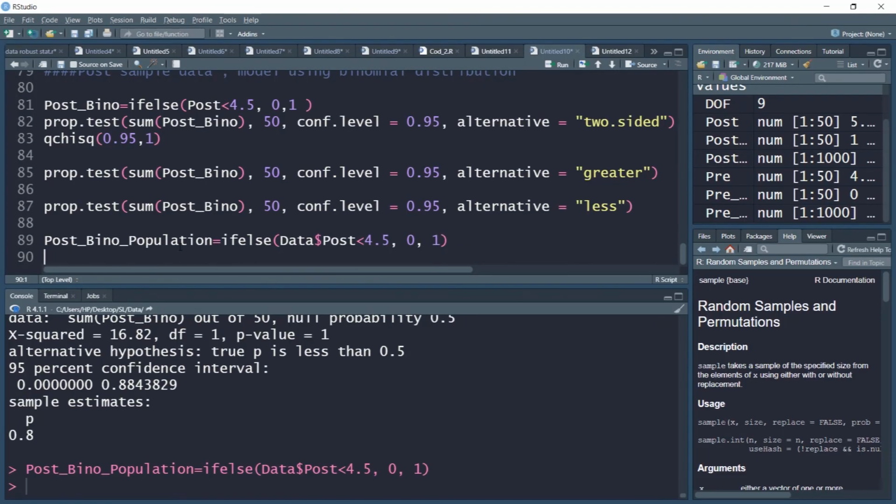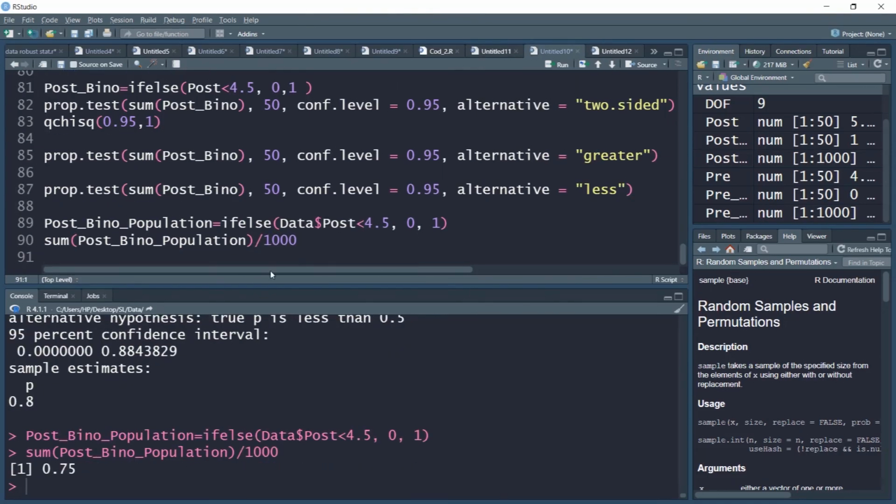So now I can see in the population itself what is the proportion of those individuals having a score of 1. Let us see that. And if I run this, it's 75%, which clearly indicates that the individuals having a score of 1 are almost 75% in the entire population. This also is a very clear signal that there is indeed some impact of training and development, and therefore in